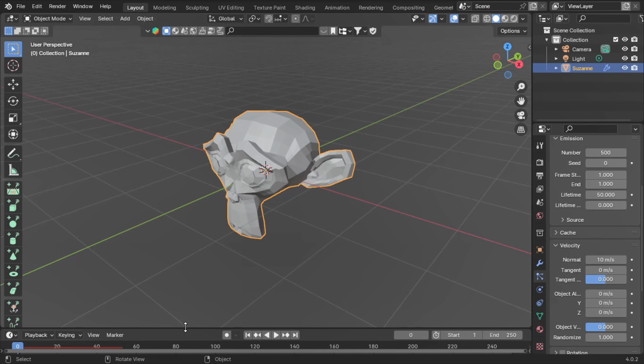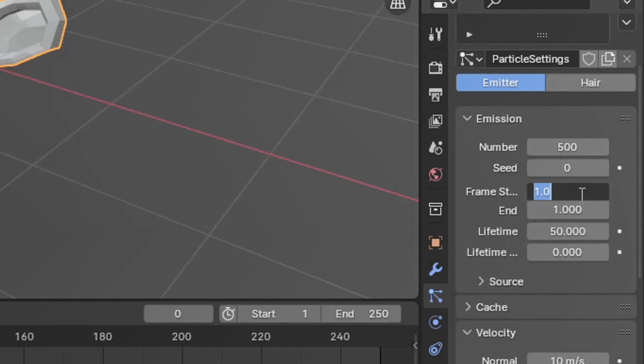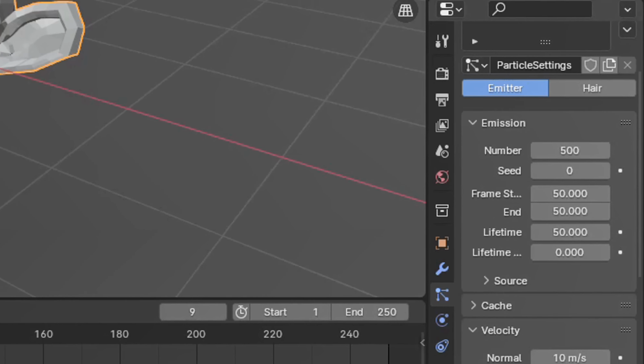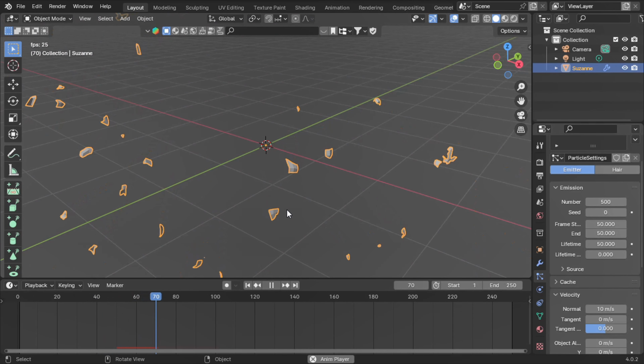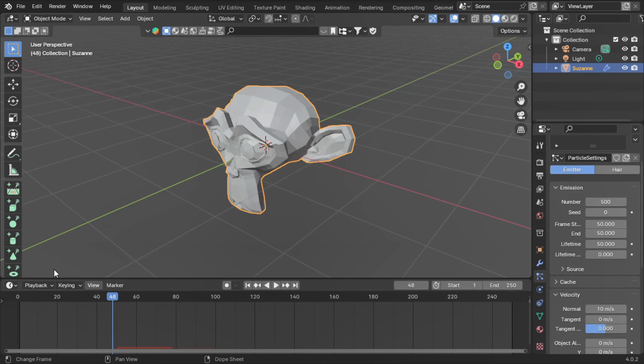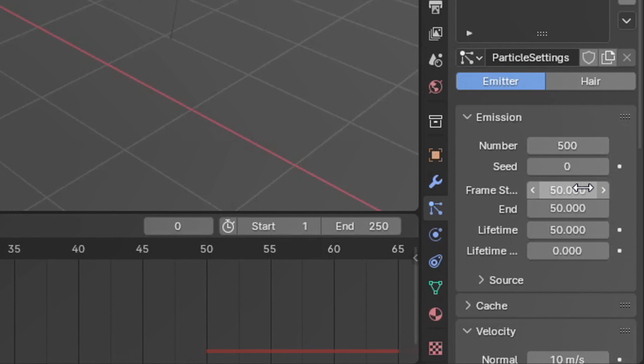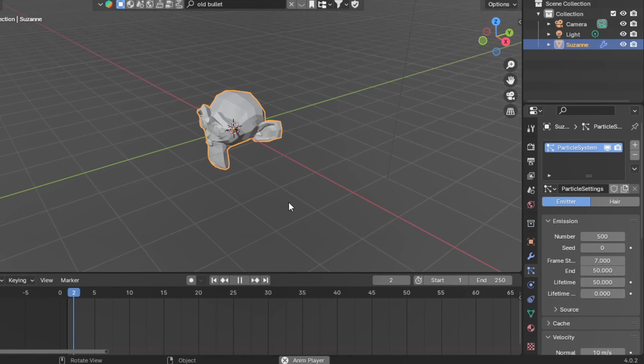But for that we have to delay our animation, and we do that by the frame start. Let's give the frame start at like 50, and on 50 keyframes our object explodes. Now at this 50 keyframes we need something to hit our object, but we know that it is not actually going to make this object explode, but still we have to show it like that just to add some logic. I think our animation is getting way too late, so let's make our animation start at 7 frames.